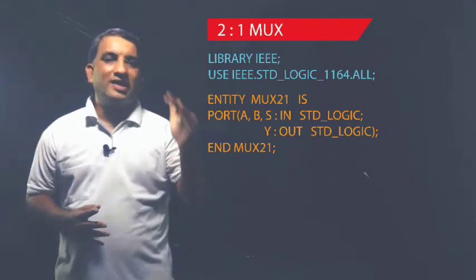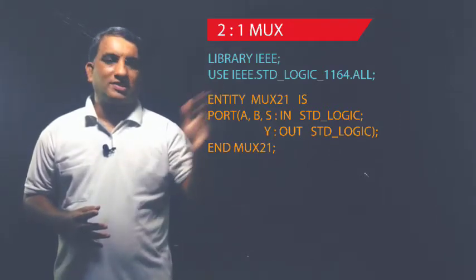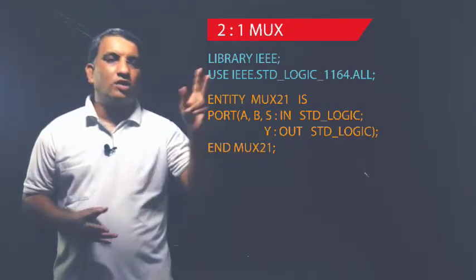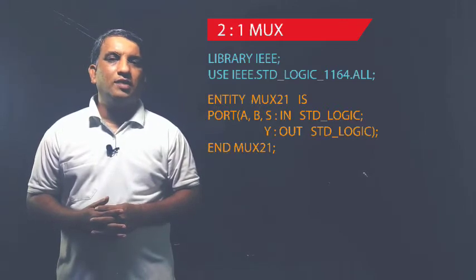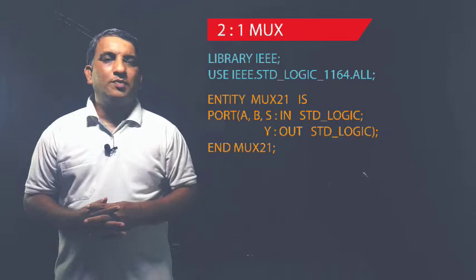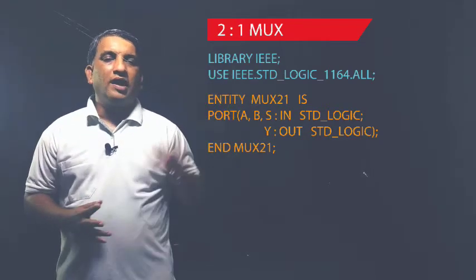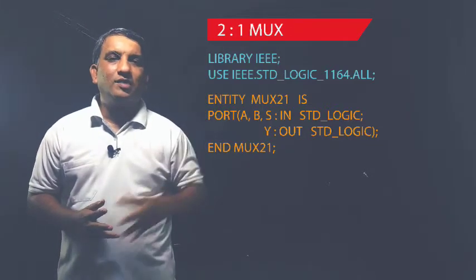So that's why inside the round bracket I will write down A, comma B, comma S. After that, I will put a colon, double dot, colon. Then I will write down the mode for these 3 ports, A, B और S के लिए मैं मोड लिखूंगा. ये इनपुट पोर्ट्स है मेरे पास, so that's why the mode will be in. इनपुट के लिए लिखेंगे हम in. एंड इसके ऊपर आने वाला डेटा है 0 या 1, तो इसलिए इसका डेटा टाइप लिखूंगा मैं.